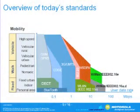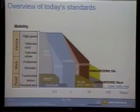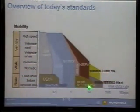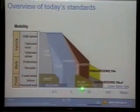I will show you how it's looking today in the cellular world. Basically, I have the mobility here on the y-axis, and the data rate, so the transfer speed, on the x-axis. What we see is that nowadays we have one standard for everything. As the data rate starts growing, we cannot have such a standard that will be able to work with high data rate at very high speed. And how it is looking now already is that we're having specific standards, like wireless LAN, WiMAX,